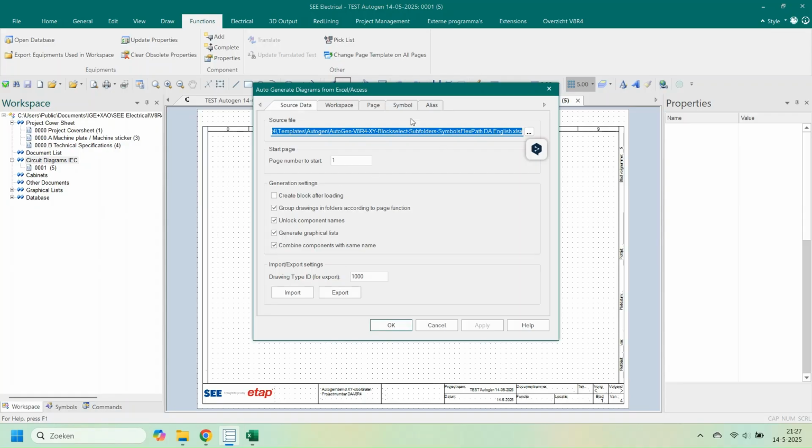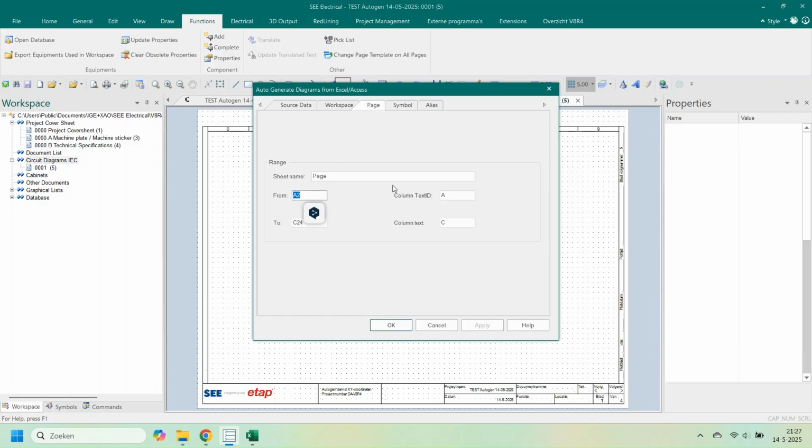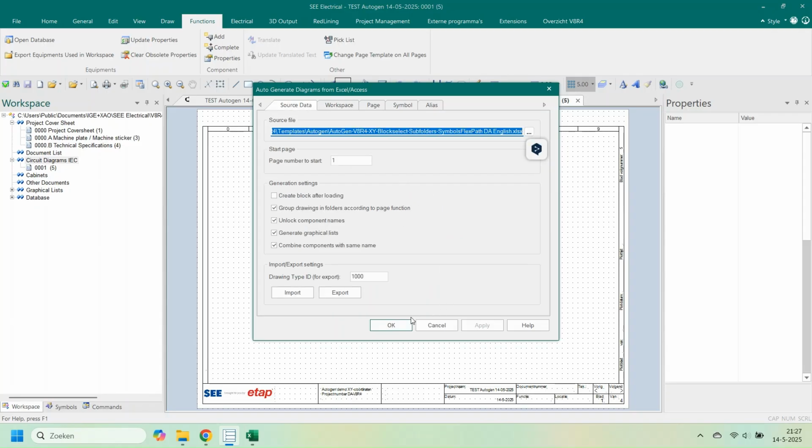Here we can select a specific Excel file containing the information we want to generate. In this Excel file we defined which project texts to fill, which pages to create and which symbols to place. This setup you have to do once, and then all we need to do is click OK to start generating